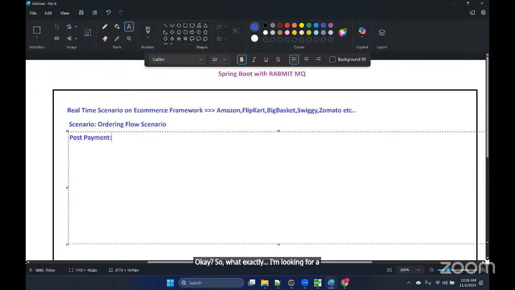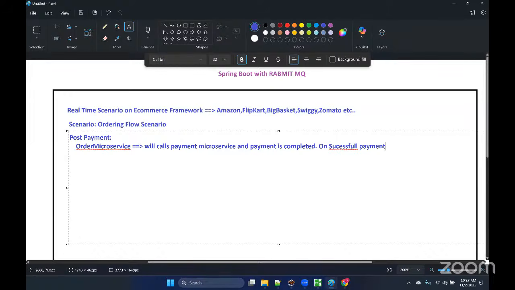Once the payment is completed, the order microservice, which processes the payment, calls the payment microservice, and the payment is completed. On successful payment,